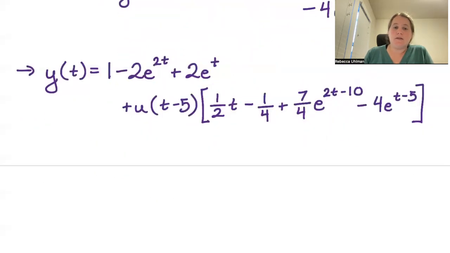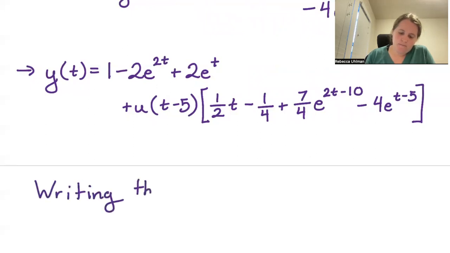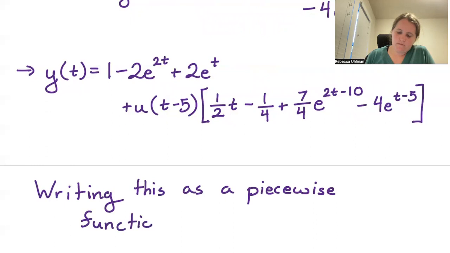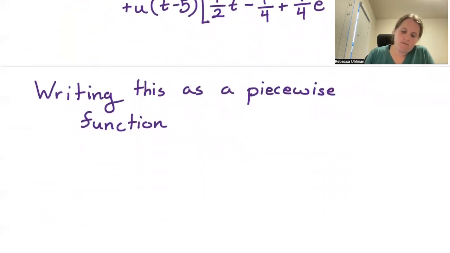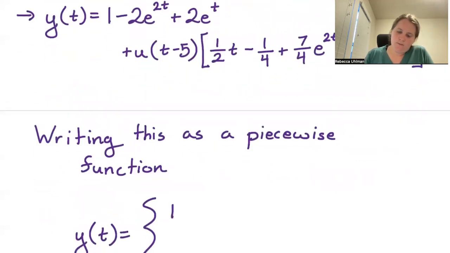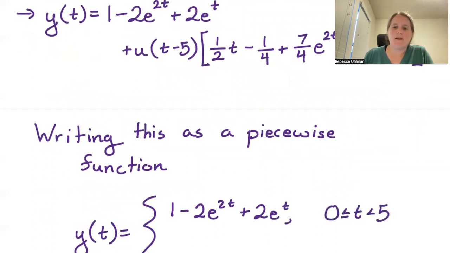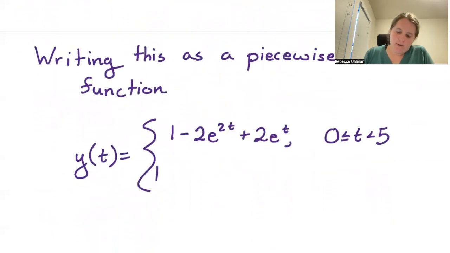We can make this then back into a piecewise function. So writing this as a piecewise function, we have y of t is equal to that first component, 1 minus 2e to the 2t plus 2e to the t. This is for 0 less than or equal to t less than 5. Then we have that component, 1 minus 2e to the 2t plus 2e to the t,